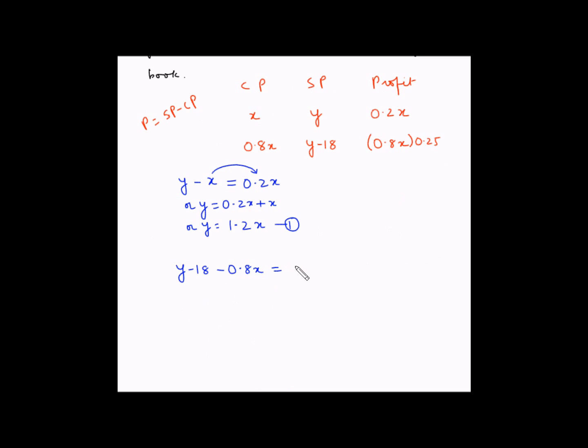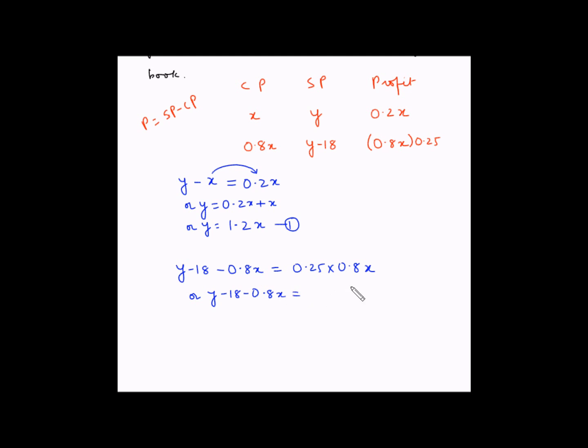So we can also write this as 0.25 multiplied by 0.8X. So Y minus 18 minus 0.8X is equal to